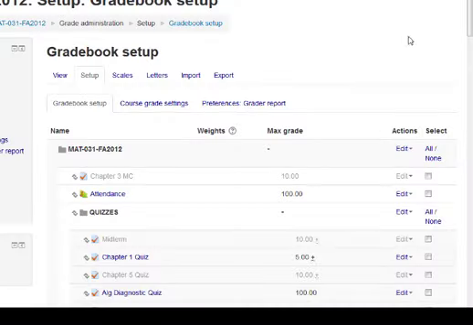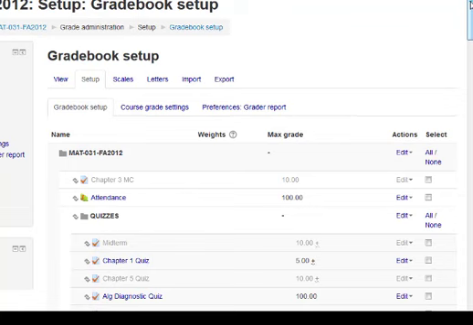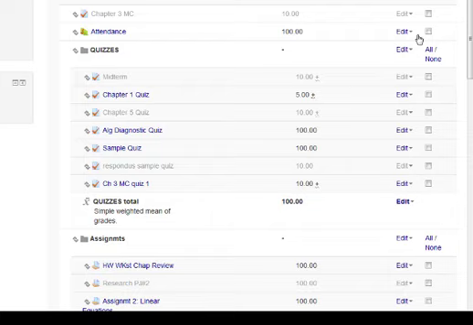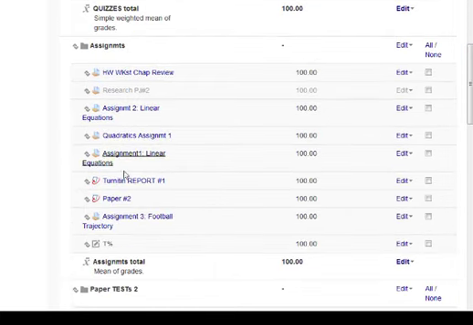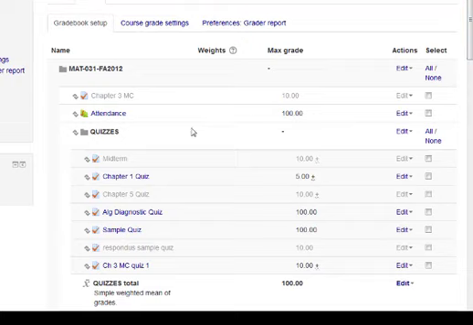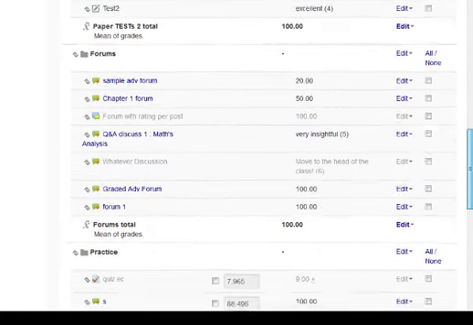I'm looking at my Moodle gradebook, and I have all my categories set up, my quizzes, my assignments, and so on. I would like to be able to put weights in the weight column that match my syllabus. For example, my quizzes are 20% of the overall grade, but this is grayed out here. The reason why I can't write them in is because the overall